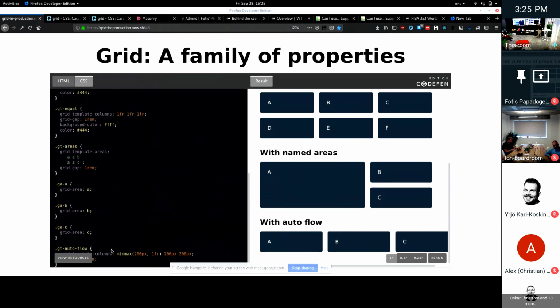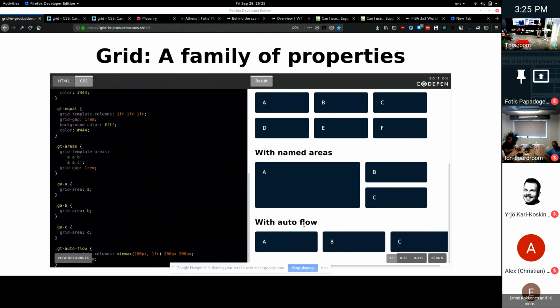Autoflow basically is this thing here. Actually, it might be called auto something else. I'm just calling it autoflow. I could be messing up the terminology here. Essentially, it says, here's what you're going to do for the templates: you're going to go between 200 pixels and one equal space of what is left over for the first column. The second is going to be fixed 200. The third one is going to be fixed 200,